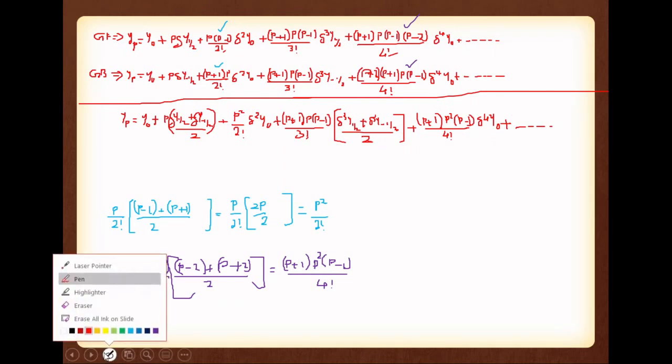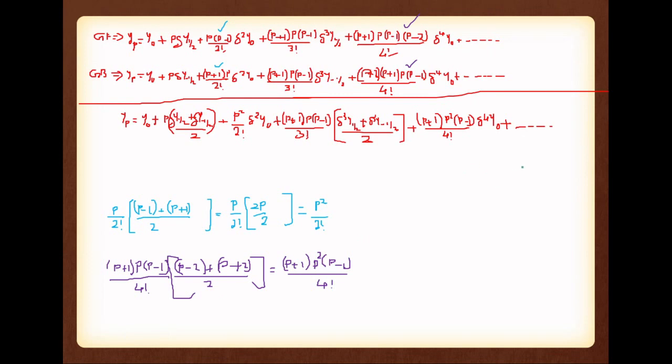The next one definitely we have an average. So if you are writing the next one, the next one is definitely theta raised to 5 y 1 by 2 plus theta raised to 5 y minus 1 by 2 divided by 2. So that is the average. Okay. Now, like that it will go. So the next term we have no average, so it is theta raised to 6 y0, there is no average. Like that it will go.